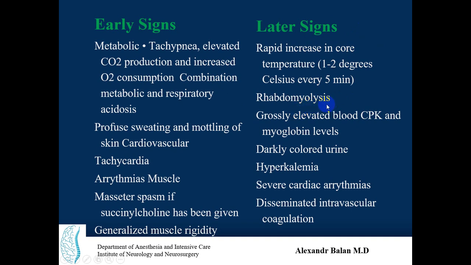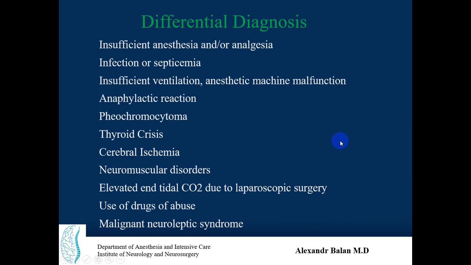Rhabdomyolysis is the destruction of muscles. Grossly elevated blood creatinine phosphokinase and myoglobin levels from destruction of muscles, and darkly colored urine. Hyperkalemia, of course, from muscles which is released, severe cardiac arrhythmias, and disseminated intravascular coagulation or DIC. Differential diagnosis should be done with the following